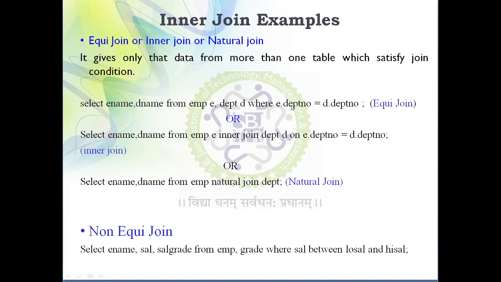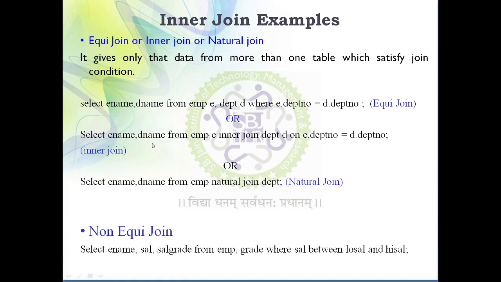So here this dptno belongs to the employee table and this dptno belongs to the department table. So dptno is a common attribute between the employee table and the department table, and based on it we are comparing. And why is it called an equijoin? Because we are checking the equality condition. We are making use of the equality condition to verify this condition. That's why it is called an equijoin. So it returns me the employee name along with the department name. So this is an equijoin.